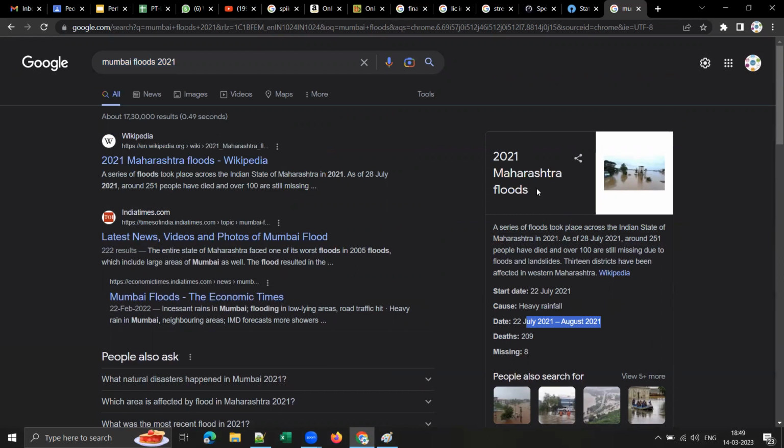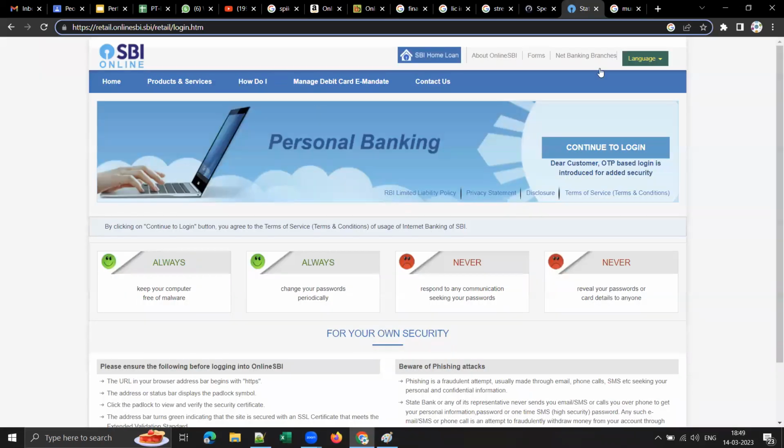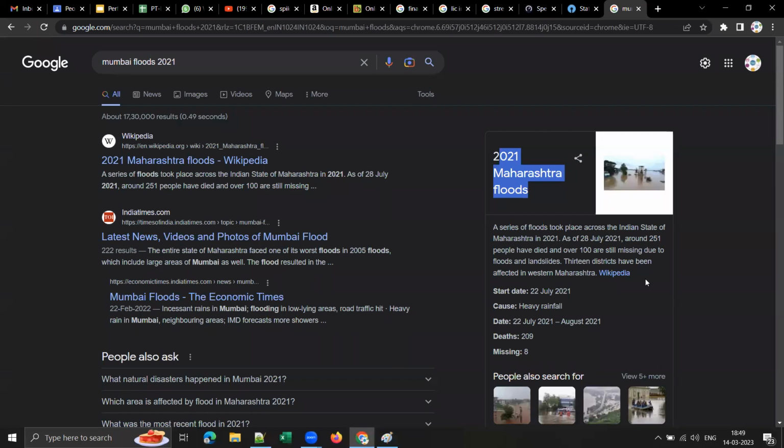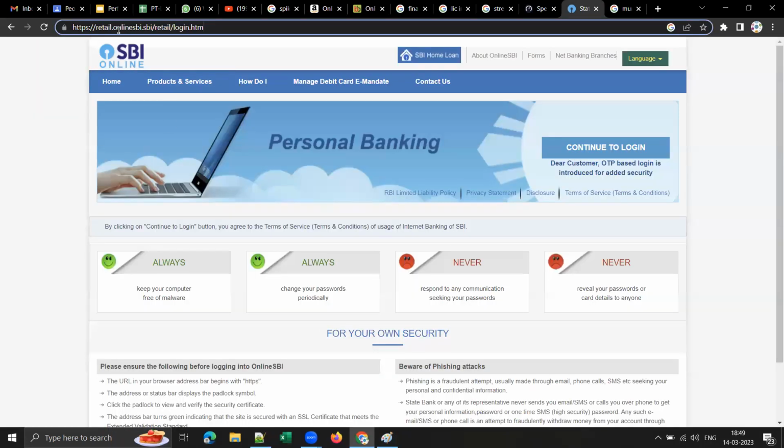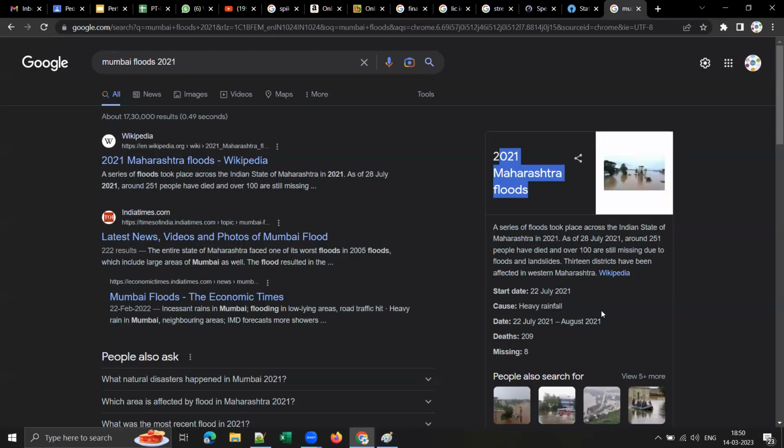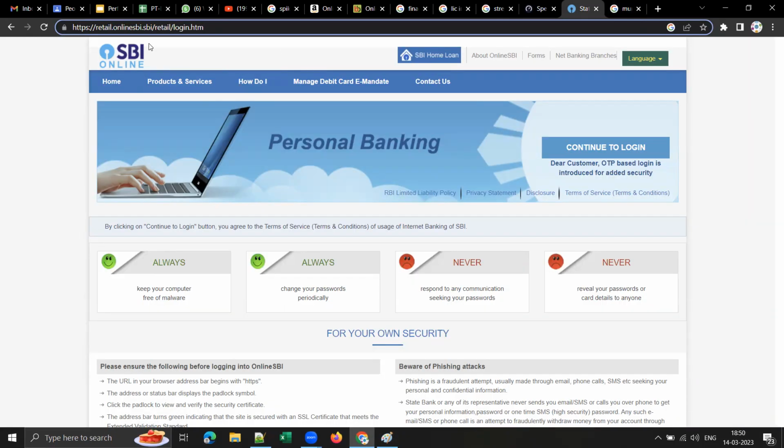But that is only in Mumbai; the rest of the country should continue using this net banking application. Maybe users in Mumbai alone will not be able to use it, but the application should be available for the rest of the country. Yes or no?